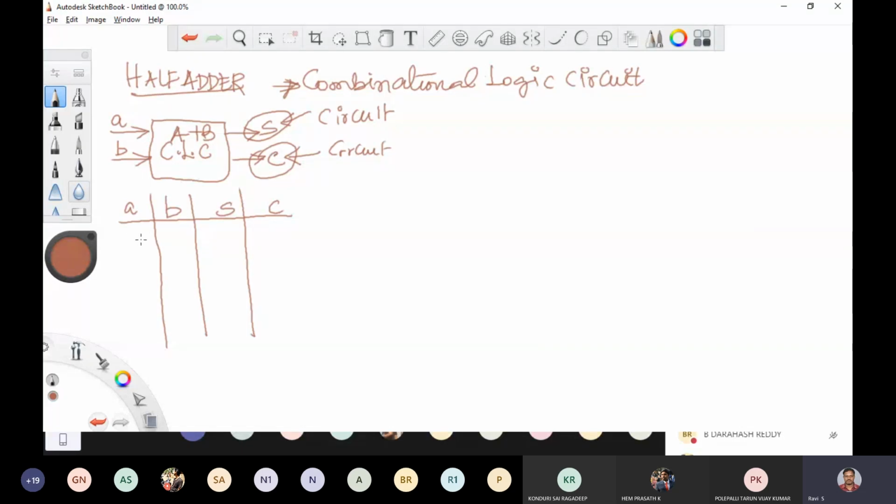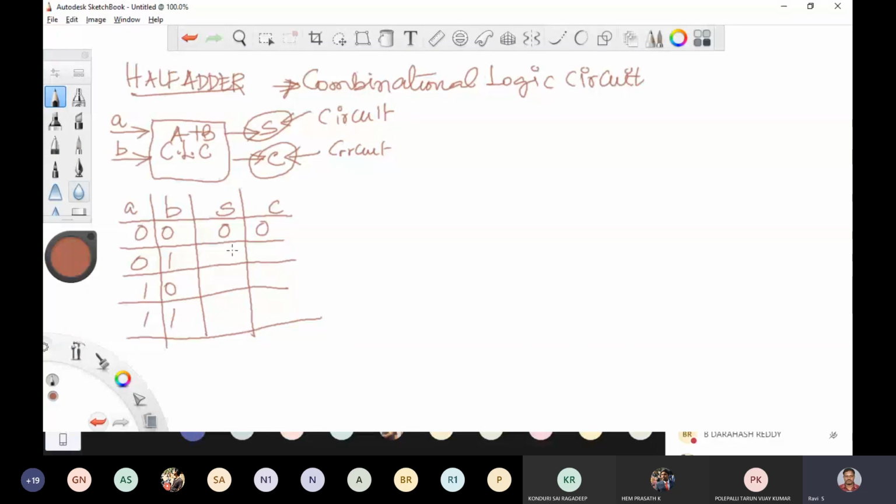For deriving sum and carry, I'm applying AB as 0, 0 in the first case, AB as 0, 1 in the second case, AB as 1, 0 in the third case, AB as 1, 1 in the fourth case. When you perform 0 plus 0, sum is 0, carry is 0.